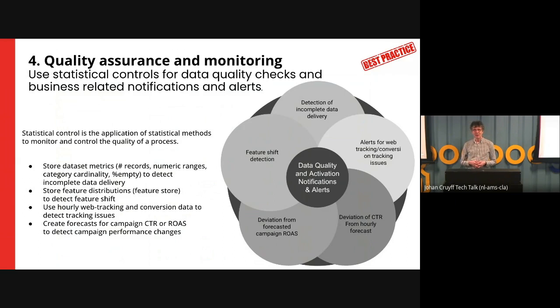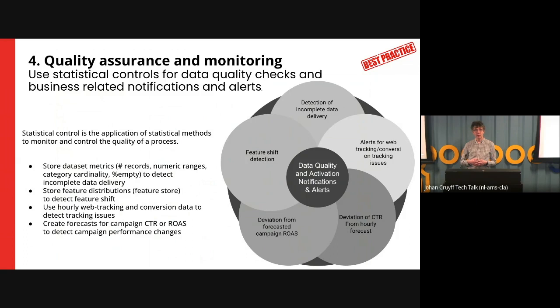A third, or number four, best practice: monitor your data. You're ingesting data in a data platform, and data quality is of course an important part of that, but also business notifications if things change. One very important best practice to monitor data quality and also the business processes is to implement statistical controls on the data. Statistical controls means that you apply statistical methods to monitor and control the processes. The good part is you can automate a lot of the data quality monitoring by doing that, by